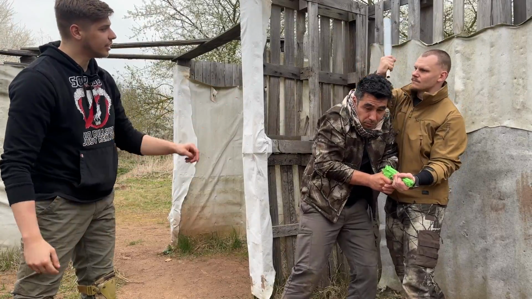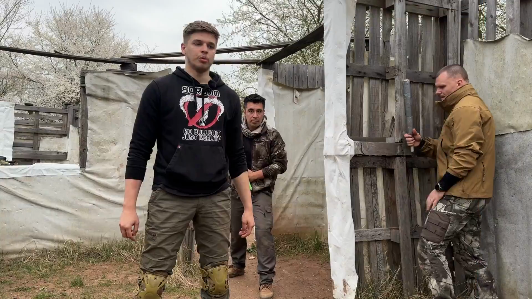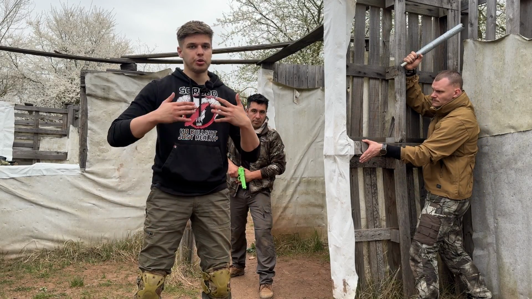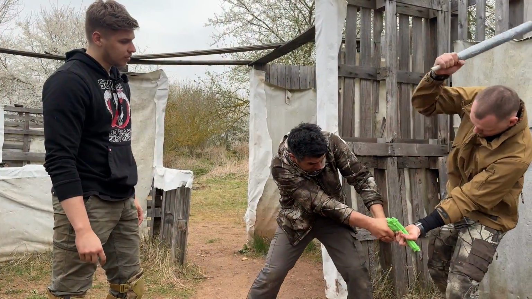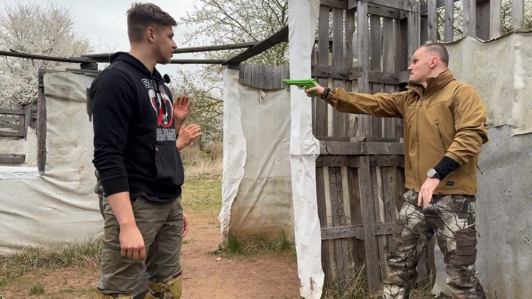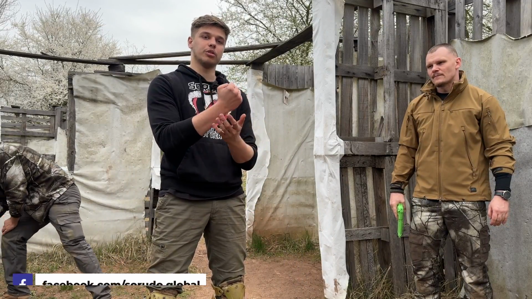So what you need to practice is hitting with the short one as well until he lets go of the weapon or you disarm him. We need to practice the third part as well, which is the disarming. You have two options here. Either you are just going to continue hitting the hands like this,